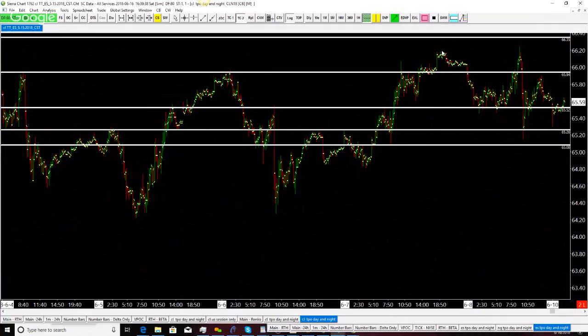I'll grant you, you didn't get the high of the day, right? You didn't get the high trade, but you had a beautiful short side trade once it trapped back in and it traded to the other end of the range. It was a really great trade. So the rule in CL is pretty easy.